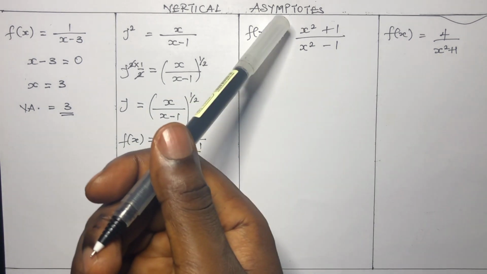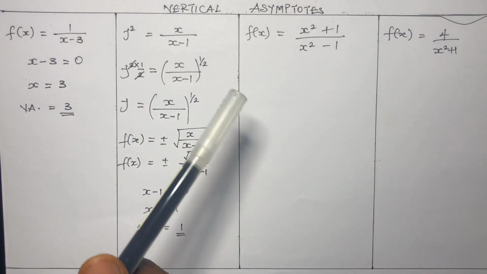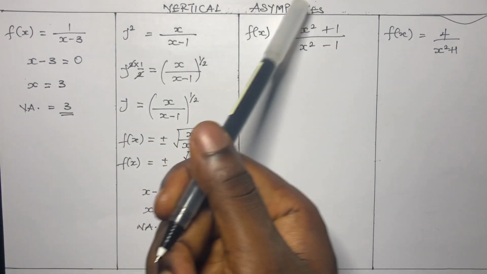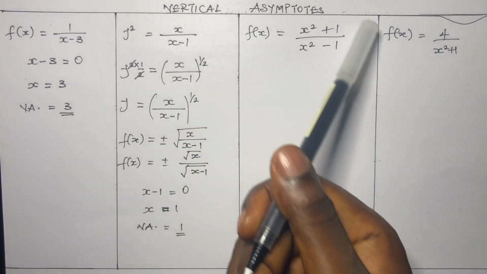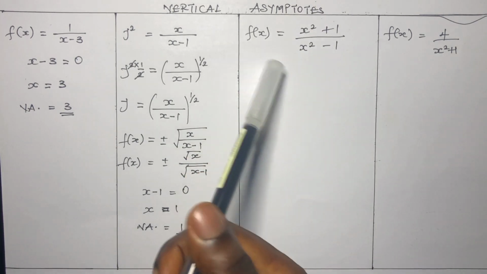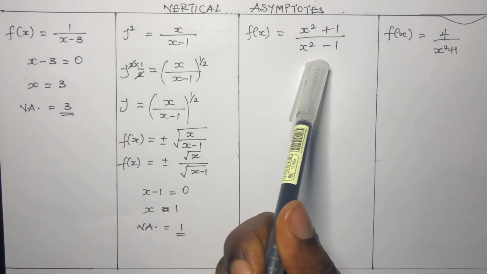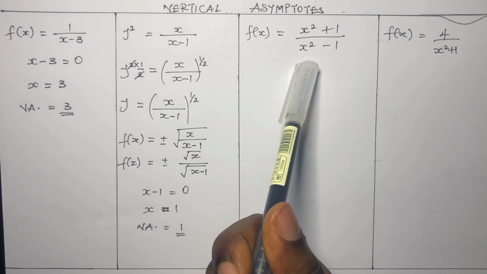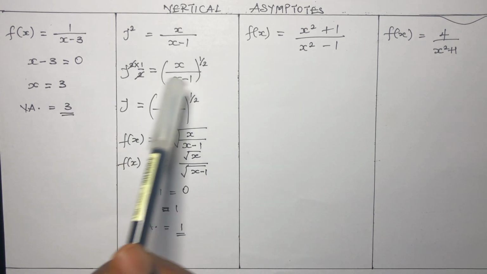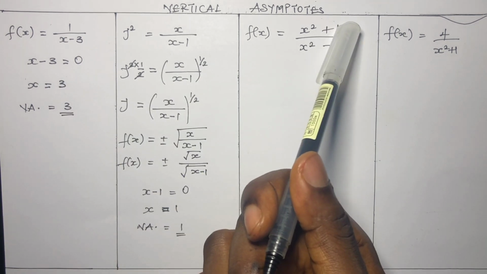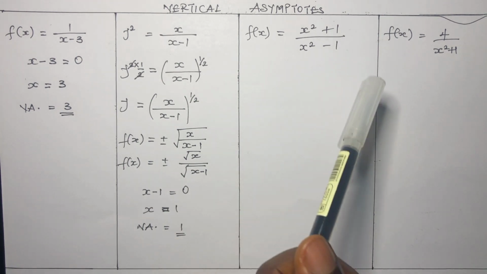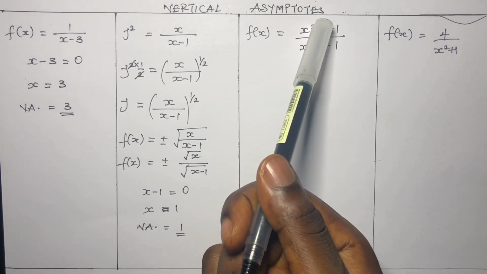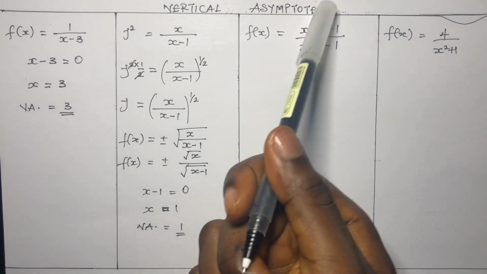Because we have x squared plus 1, it's more like a sum of squares. So we cannot actually factorize what we have in the numerator. Unlike the denominator, where we can use difference of two squares, it's not the case in the numerator. So since we cannot factorize anything here, we cannot cancel anything here, and so we